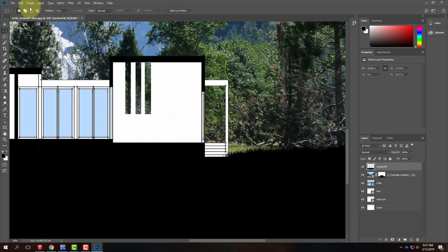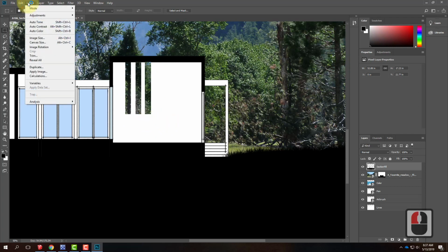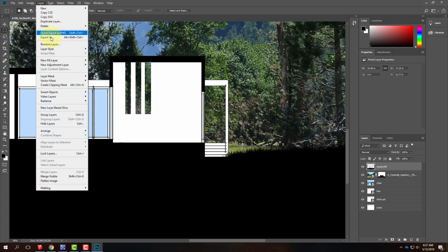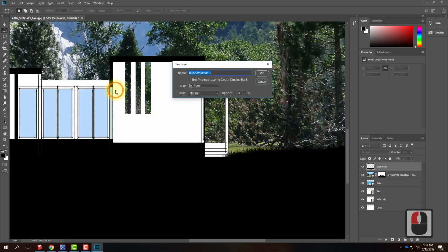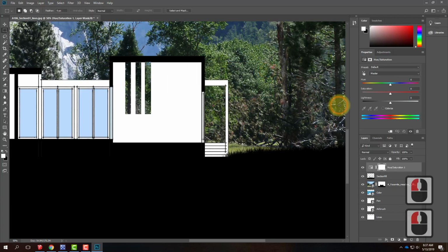background image. So let me go ahead and add an adjustment layer. I'm going to go up to Layer, New Adjustment Layer, and let's do a Hue and Saturation Adjustment. And what I'm going to do is switch the hue and saturation, hopefully not to purple, just to tweak the colors. And it's interesting because I'm really not seeing much of a change because this is so just trees